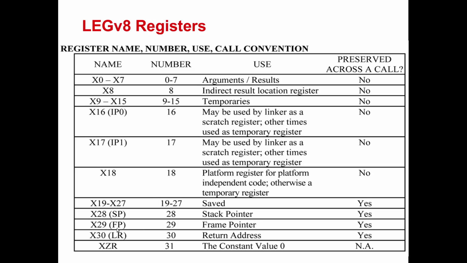Frame pointer, or FP in short, is X29. Return address, or LR, is X30, and register X31 is XZR, which keeps the value of 0 only. And in our program we will need to use all these registers together to make the program work.